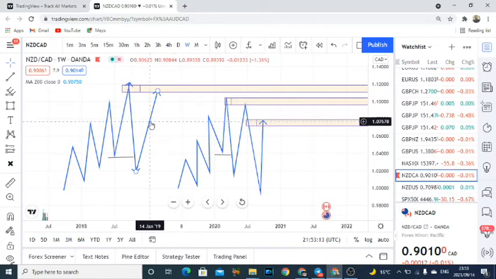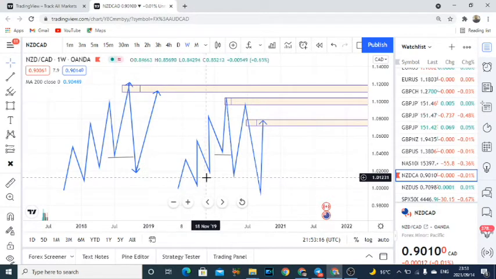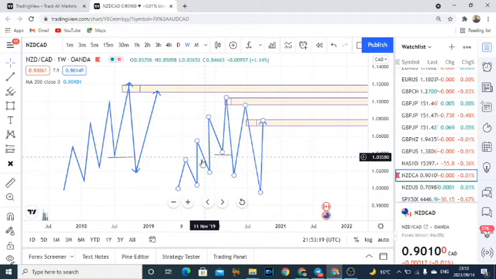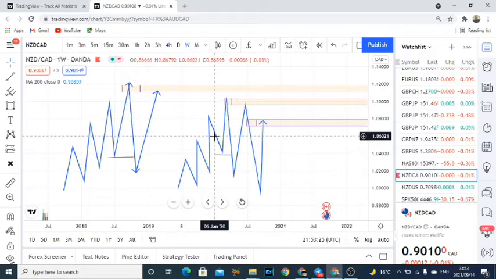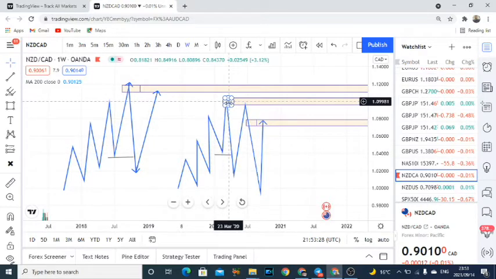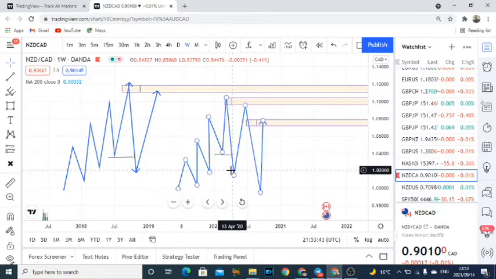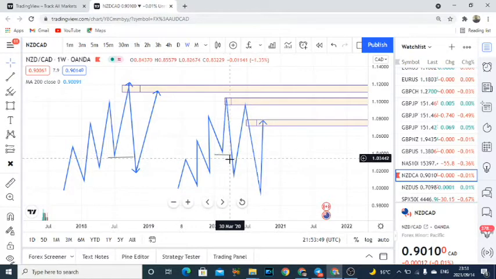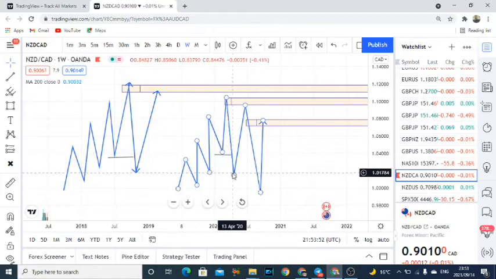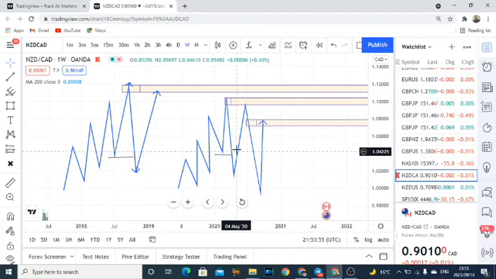Now, what is a high probability trade? Just picture this drawing as a bullish market. High, low, high, low, high, and then the market broke this low. Remember what I told you on the first drawing: as this low is broken, we do not confirm that this market is changing the direction to bearish. We do not confirm, because the break of these lows can be a liquidity grab, so the market might carry on pushing to the upside.